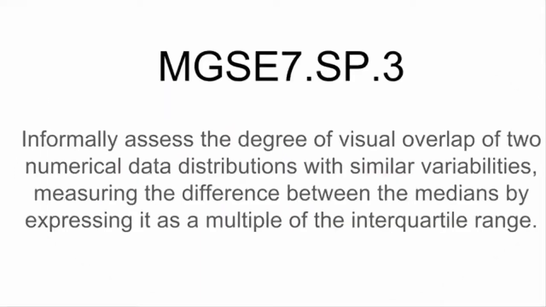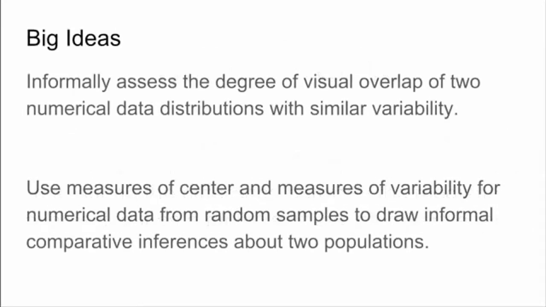7th grade Inferences Standard 3 asks students to informally assess the degree of visual overlap of two numerical data distributions with similar variabilities, measuring the difference between the medians by expressing it as a multiple of the interquartile range. Students will use measures of center and measures of variation to look for similarities and differences in two different data